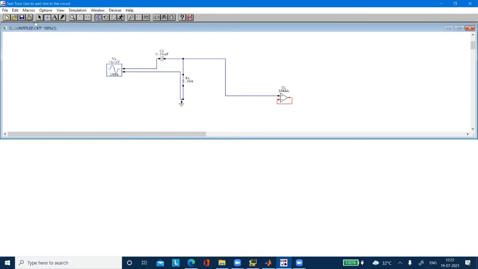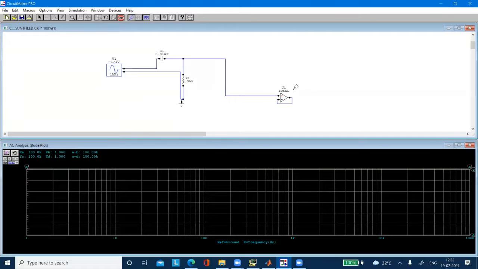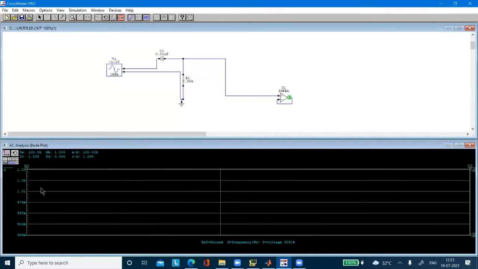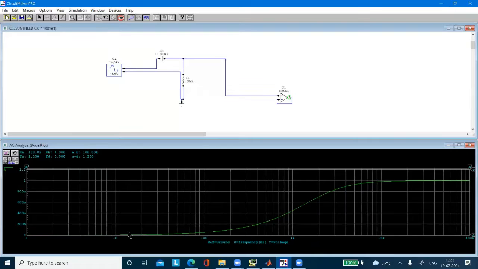All right. In that case, we'll run the program. If you look here, this line is nothing but a probe. Probe statement. If you run, you just place the probe here at the output point, so you'll get the nature. Look at the passband gain here. It is 1. Passband gain is 1.